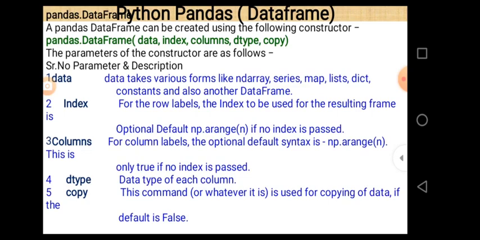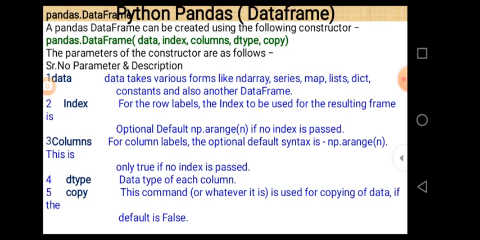And after that, dtype, which represents the data type of each column. And after that, copy, a parameter used to give the command for copying the data, and the default value is False. So these are the basic parameters passed when we want to declare a data frame.